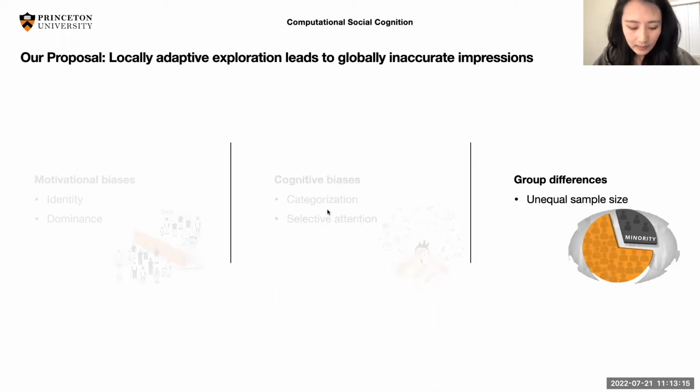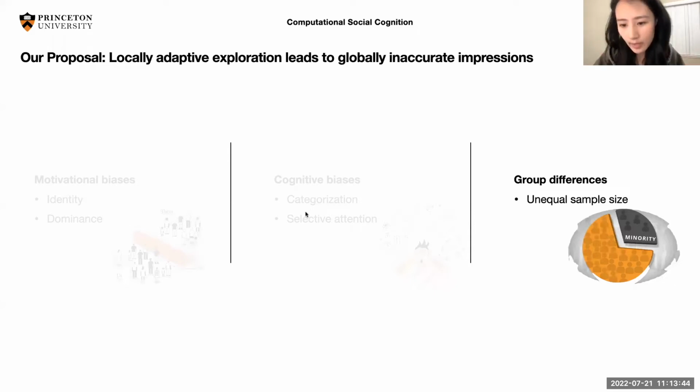For example, in the classic explanation for why people have stereotypes about minority groups, in the US, people tend to say some negative attributes are associated with African-Americans. One explanation is that we selectively attend to negative information because it's alarming, and we ignore the positive information, and that is why we have the stereotypes. But if you remember, throughout this process, we don't have that.